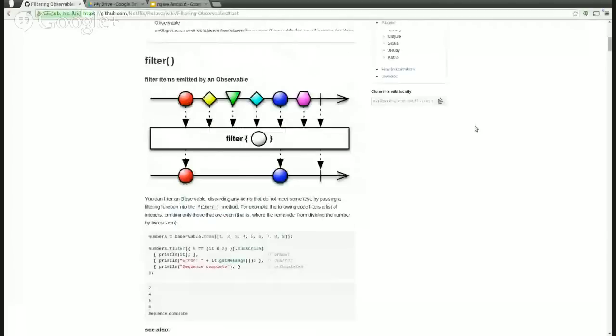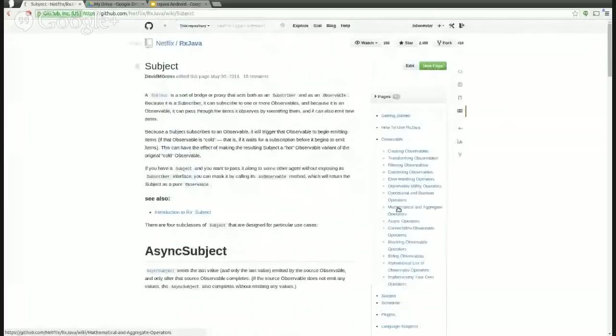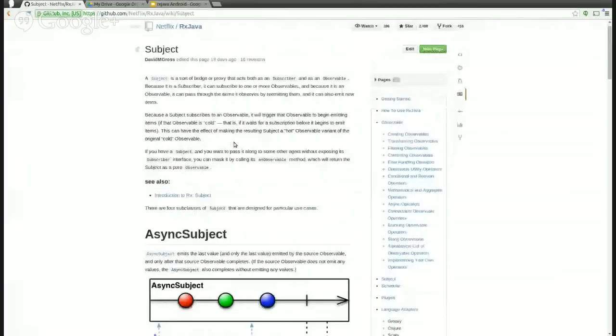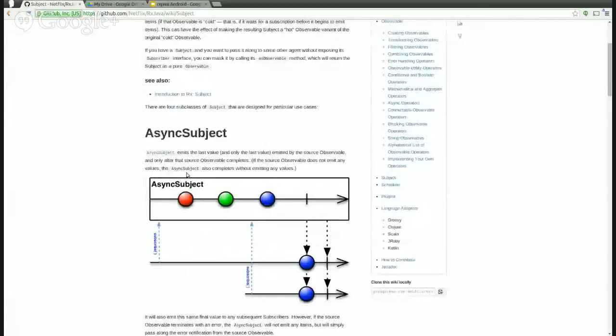This one. So let's go to subjects. Yeah, subjects. So subjects are like observers and subscribers at the same time. And you have different ones depending on what your needs are. For example, you have the async subject,